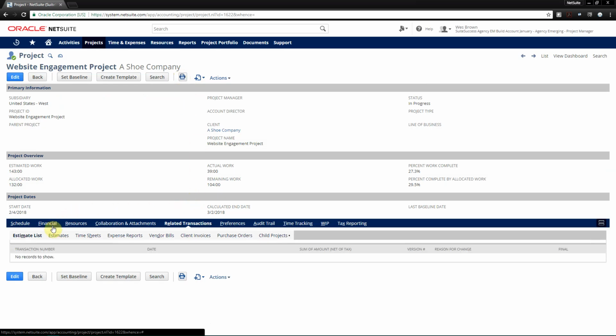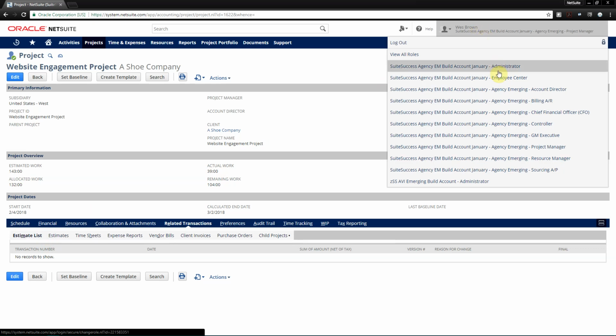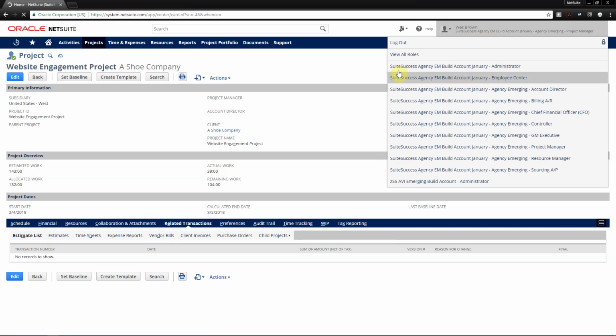Everything is in one place, updated in real time, so as timesheets are being approved, expense reports, any other sort of purchase orders are all tied to the same project in one place, making it easy for me to reference back to. If we think about this from an employee standpoint, I'm going to enter my NetSuite account for Abby